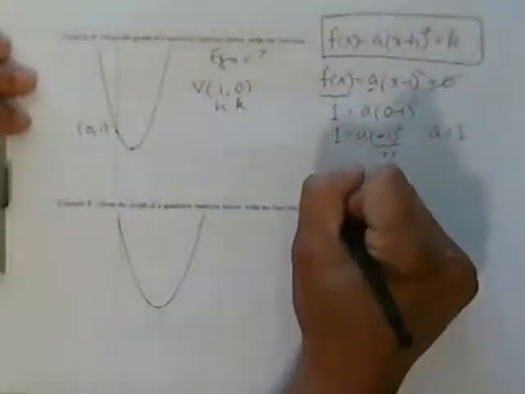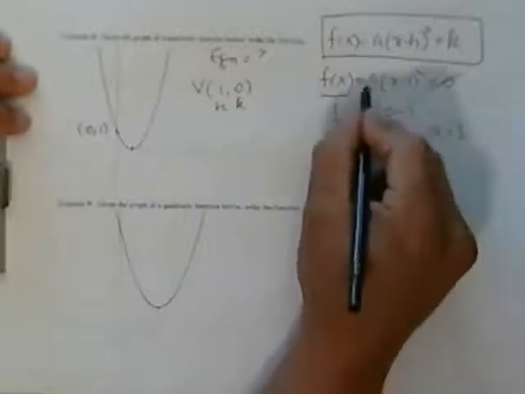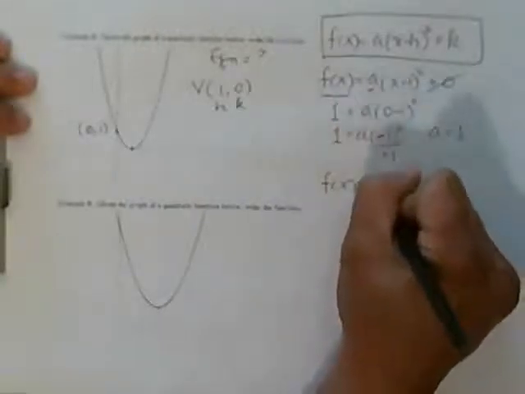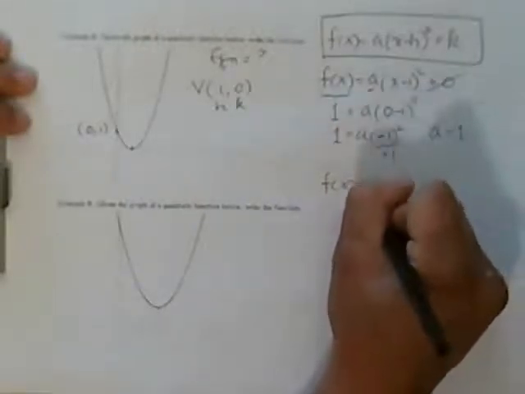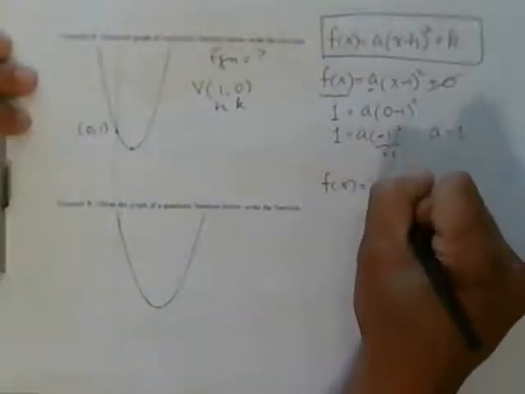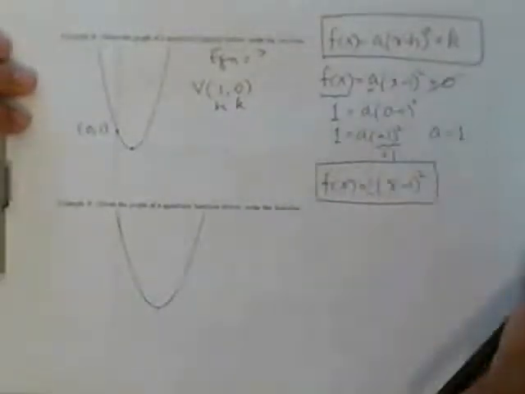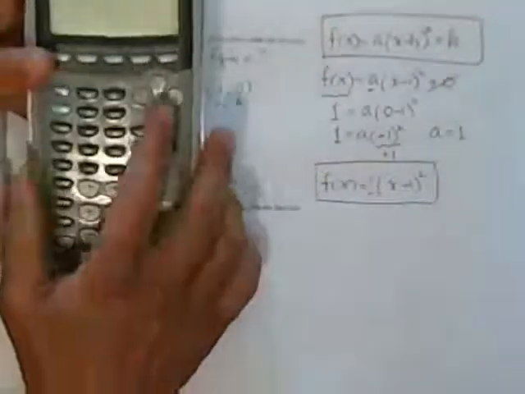So the equation becomes f of x equals a. You have to figure that out first. We don't need that 1 anymore. If you want to put a little 1 right there, that's fine, but you really don't need it. X minus 1 squared. And let's see if that looks kind of right. I'm going to verify on our calculator